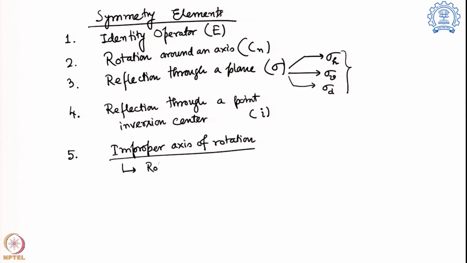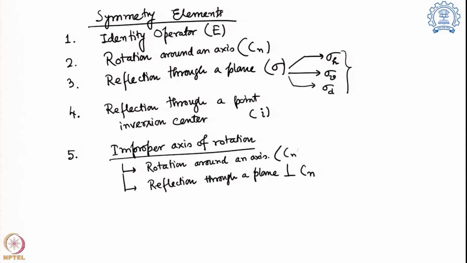First, there is a rotation around an axis, and secondly a reflection through a plane perpendicular to that Cn we have just done. So, it is basically nothing but a sigma h. So, over here we are doing 2 operations together, Cn followed by sigma h. So, this is nothing but the Sn axis. So, these are the 5 different components of symmetry elements we have found,